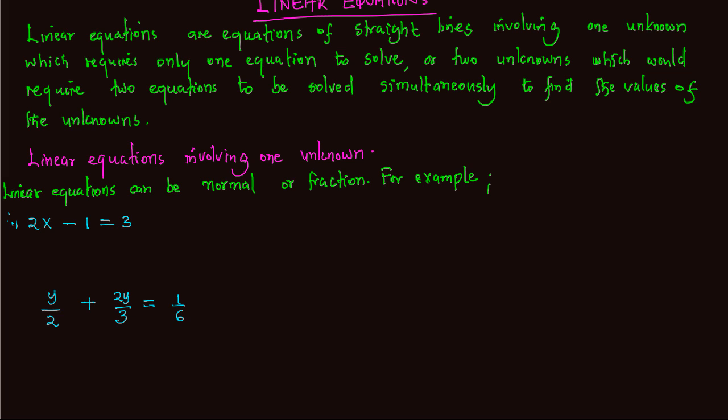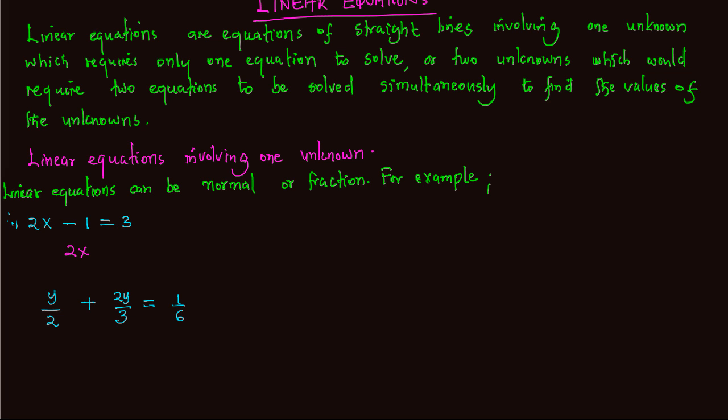Linear equations involving one unknown. Linear equations involving one unknown can be normal equations or fractions. For example, 2x minus 1 is equal to 3. This is a simple linear equation